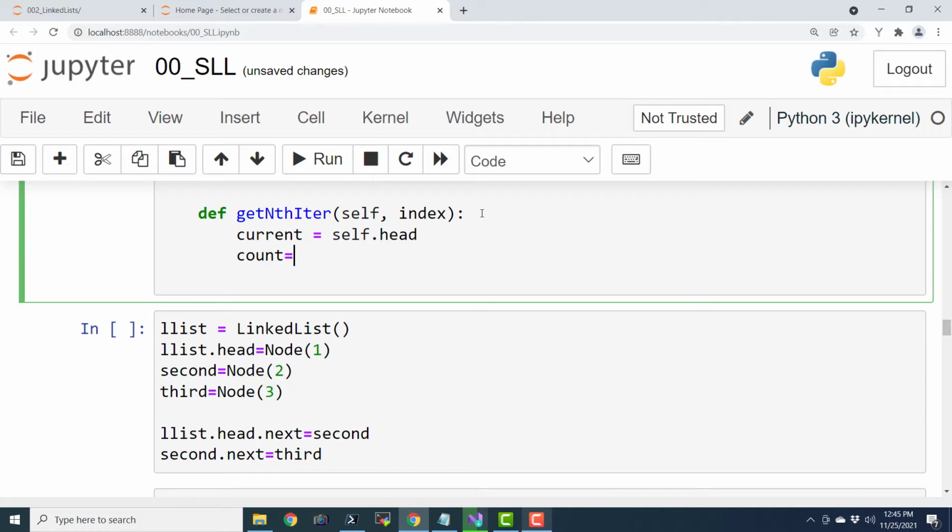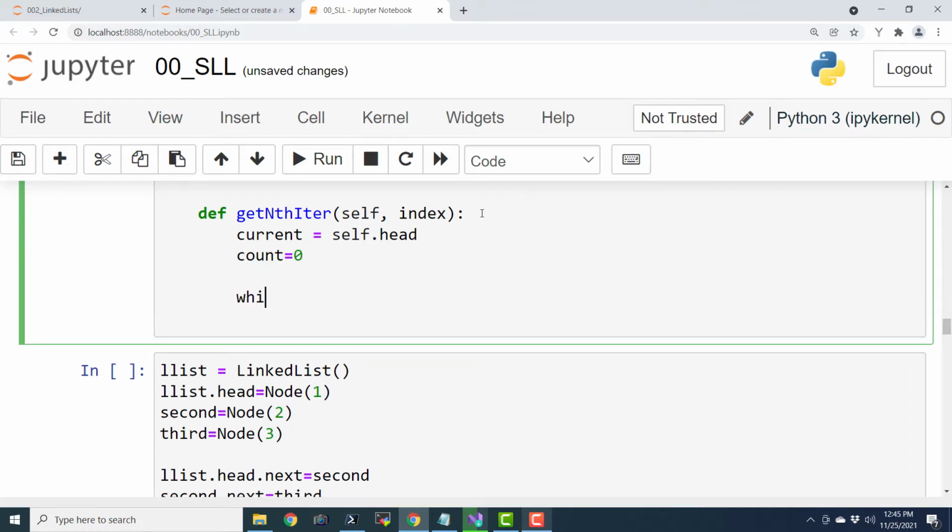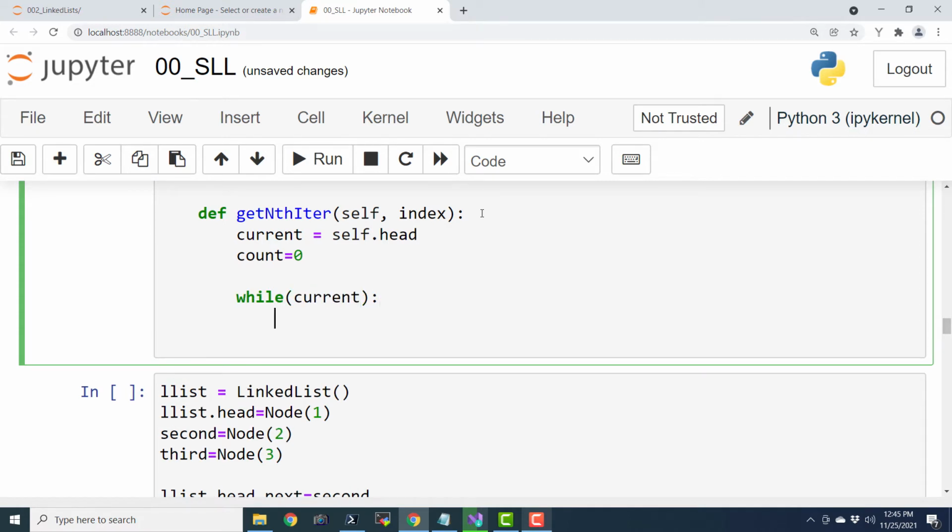Then let us have a counter, count equals 0, and let us write a simple loop: while current and, if count equals index.